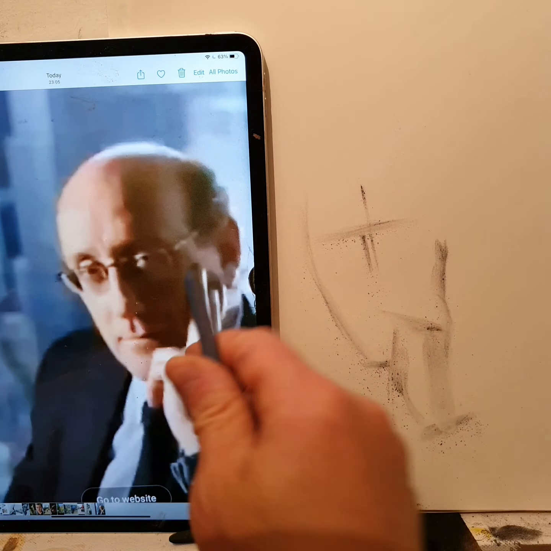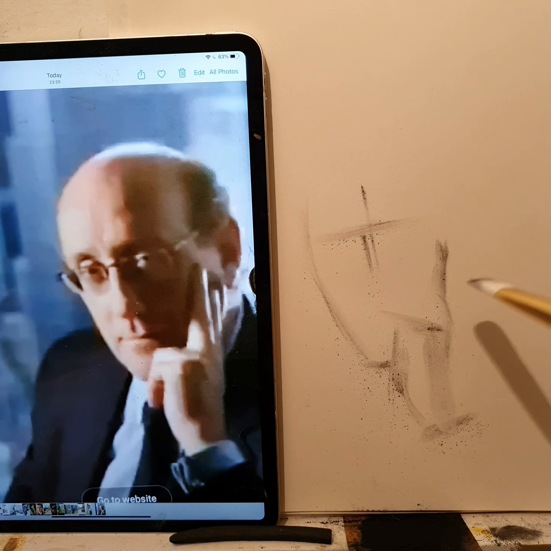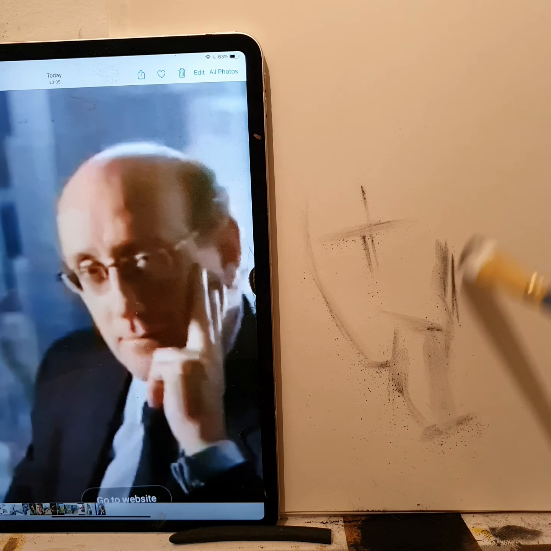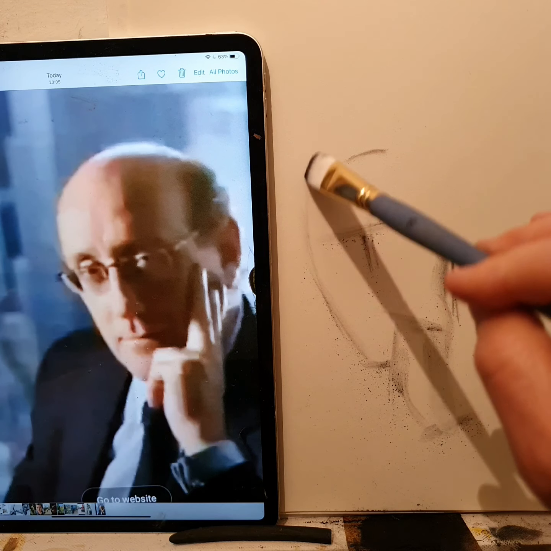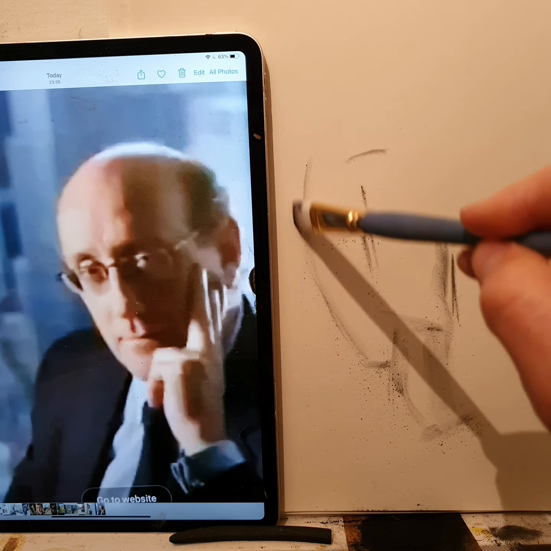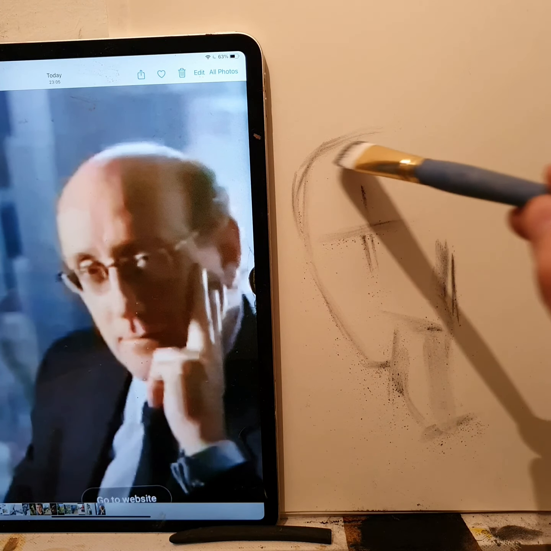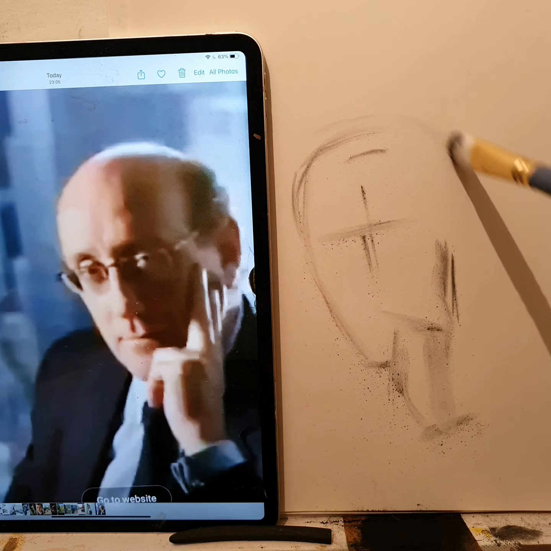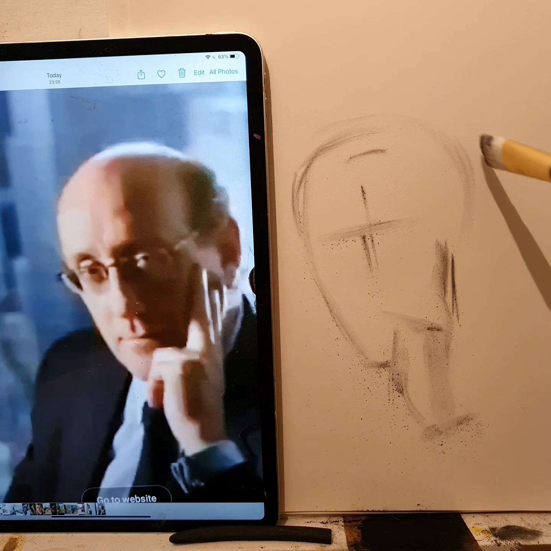I'm keeping the light area here. I'm trying to have a look at that and check and establish as quick as I can. And then the overall shape, which I forgot, because I was occupied with the fingers there, but the overall shape of the head, that's very important, the most important thing. And the tilt